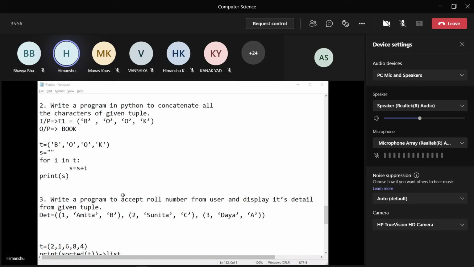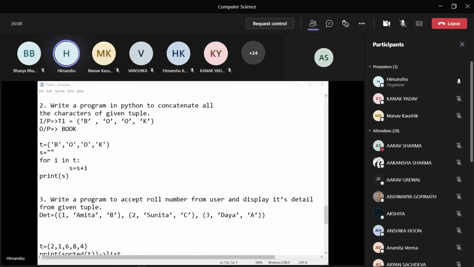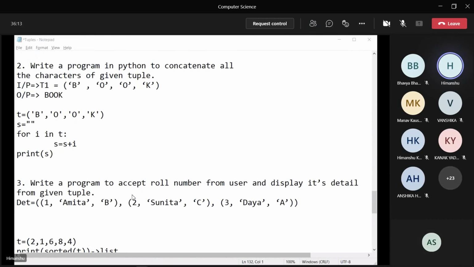Agnish present. Is Agnish there in the class? No, no. Aishwarya. Present, sir.